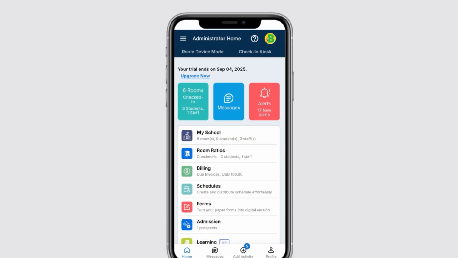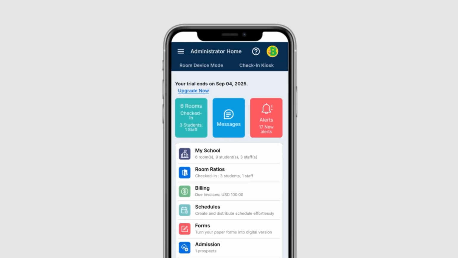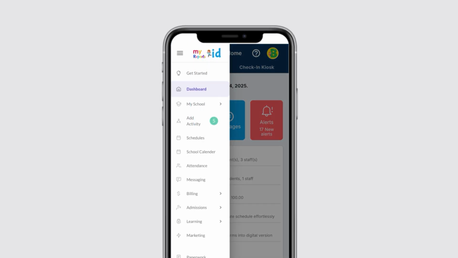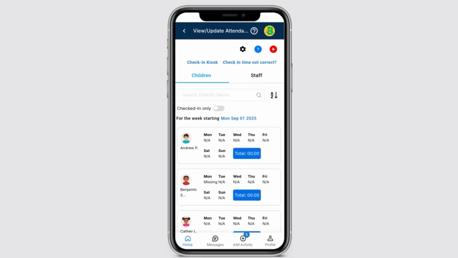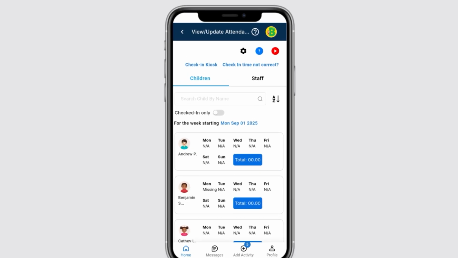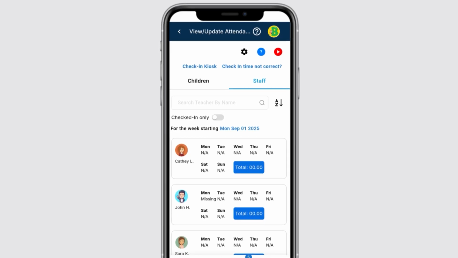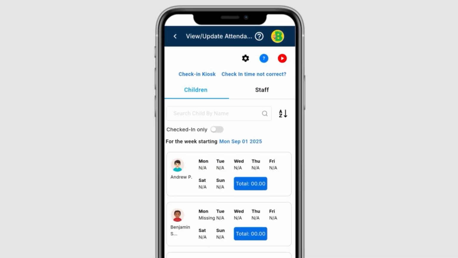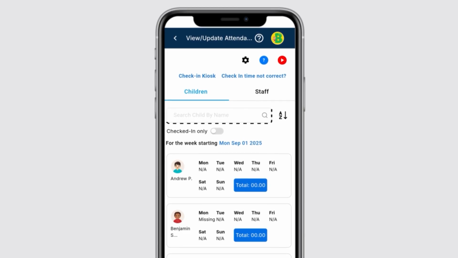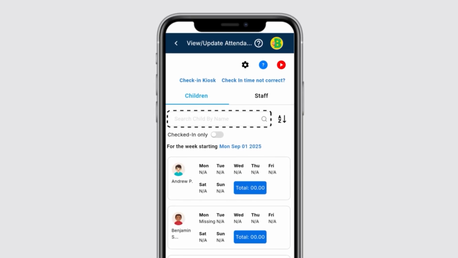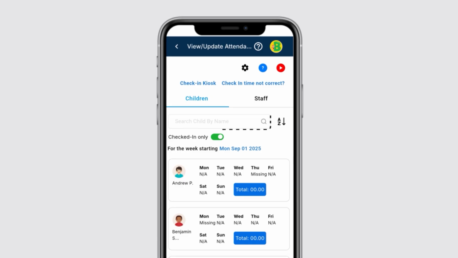Now let's see how to modify hours in attendance. From the left side menu, go to Attendance. Here, you'll see the list of children, and when you click on Staff, you can view the list of staff members along with their check-in and check-out times. If you want to find someone quickly, use the search bar or apply filters such as Checked In Only to